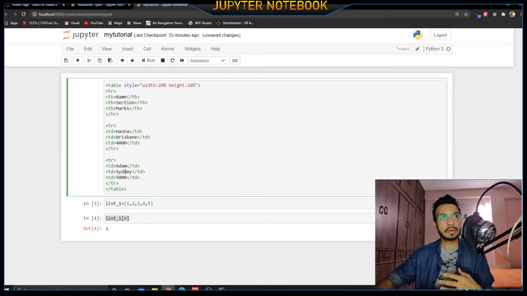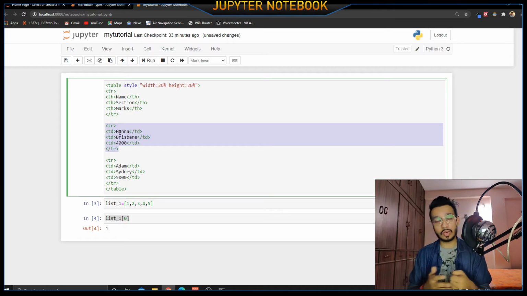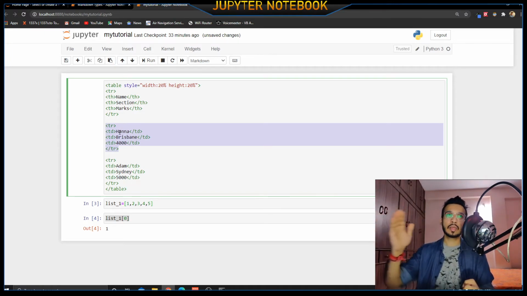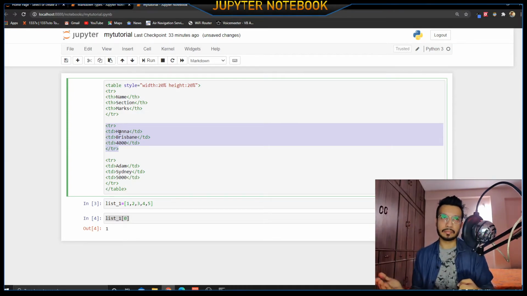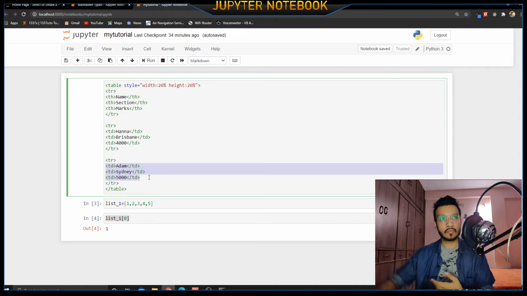So basically, similarly, you can have n number of TR tags, and in each and every TR tag you can have n number of TD tags. So every TR tag is a row, and every TD tag is the data in that specific row. The more TD tags in a TR tag, the more columns there are. For example, if I have 3 header tags, then I will only have 3 TD tags below that. If I add another one, it would pretty much disturb the table.